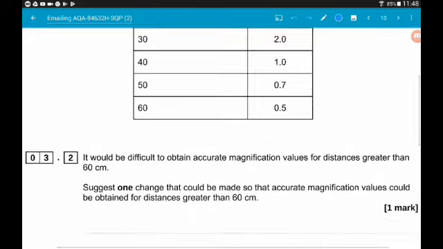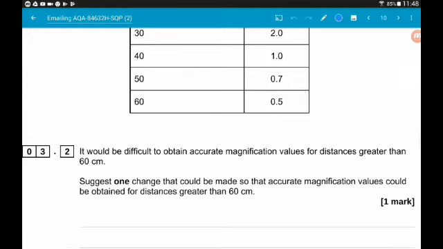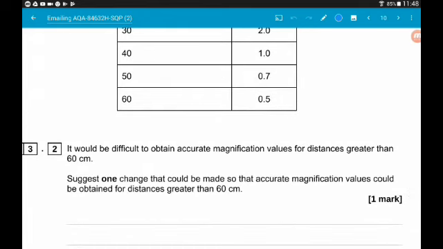Now we are told it would be difficult to obtain accurate magnifications for distances greater than 60 centimetres. The reason for that is we can see on the right the magnification is getting incredibly small. So we're at 0.5. So we want to suggest one thing that we could do to obtain accurate readings for magnification with distances